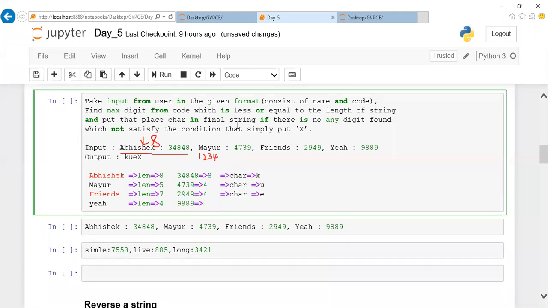No, 8 is not possible, right? It's not there. It is not present. So whenever it is not present, which does not satisfy the condition, then simply put uppercase X. Then we are supposed to place X here. So you can notice that this is your answer, KUEX.